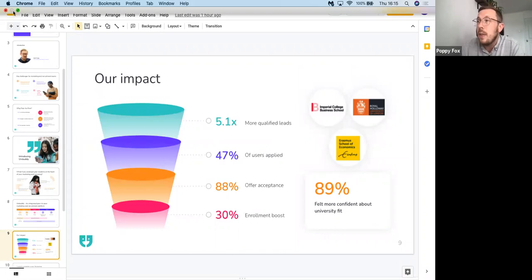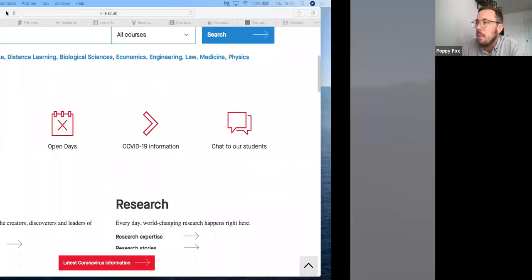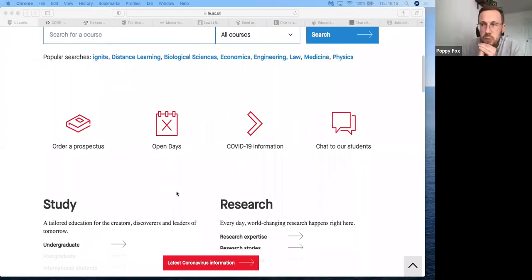But now I just wanted to show you guys the platform itself. So this platform demo is going to broadly fall into 2 parts. Firstly, I'm just going to show you some examples of the platform and how it's being promoted on other university homepages, how prospects find and engage with the platform, and so on.